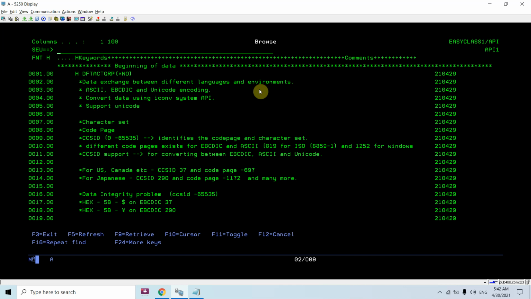So we do not face these types of issues, that is, a mismatch of hex values between the two character sets, EBCDIC and ASCII. Unicode encoding will ensure that the hex value is always unique for every character.